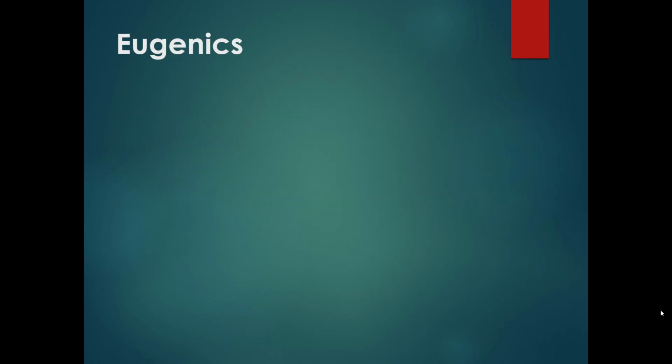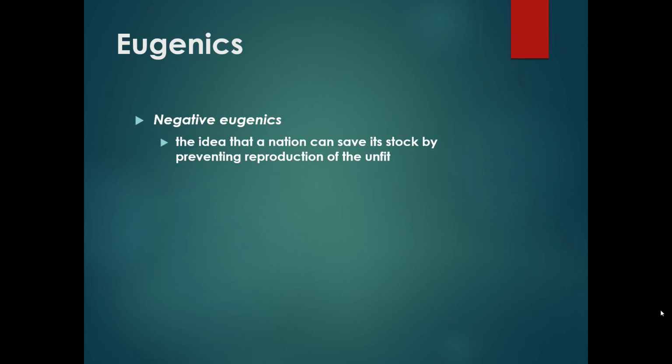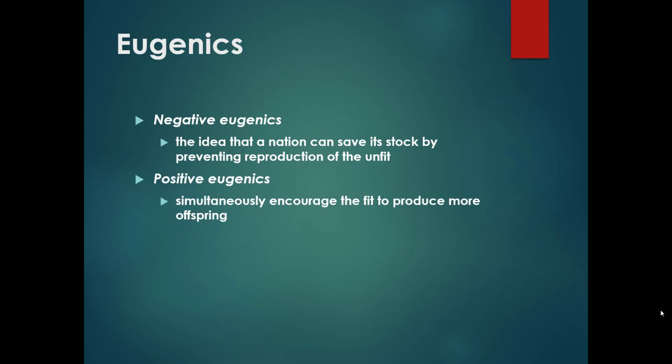Within that eugenics movement, there were two important pieces. One is negative eugenics, which is what I just mentioned, the idea that you can save the human stock by preventing reproduction of people who are unfit. But there's also positive eugenics: you want to encourage people with good genes to produce more offspring. So at the same time you want to prevent criminals from reproducing, you want the good people in society, and I'm using air quotes on good people, to have more kids. So you might have policies that promote having children, like giving tax breaks for having more and more kids.